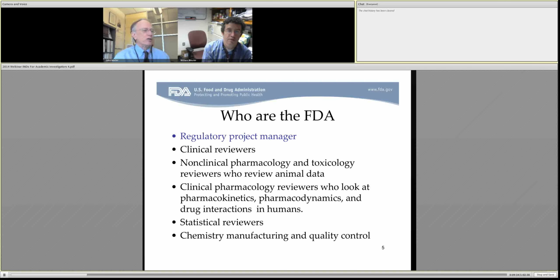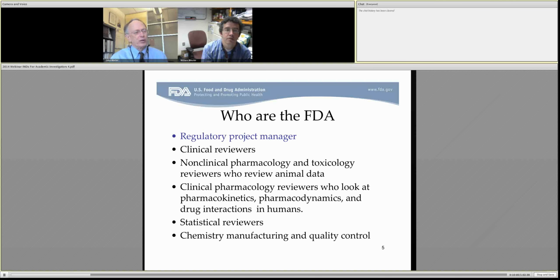The clinical pharmacologists are a mix of PhDs and MDs who are looking at the pharmacokinetics, pharmacodynamics, and drug interactions in humans. I never really had a lot of interest in that until I got to FDA, when I realized how this non-clinical data, the clinical pharmacology, can really be important stumbling blocks in developing a drug,